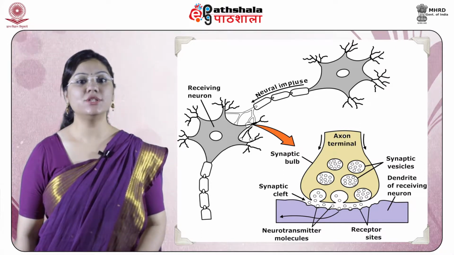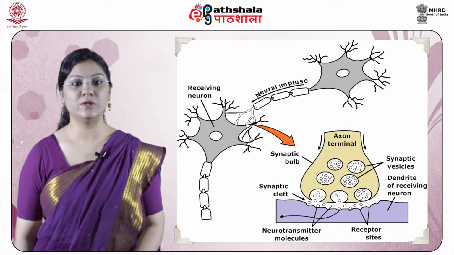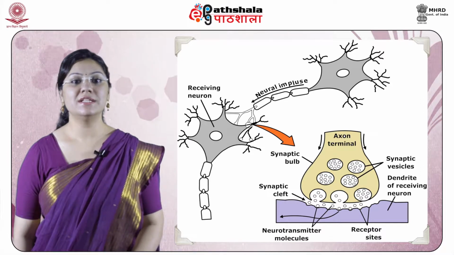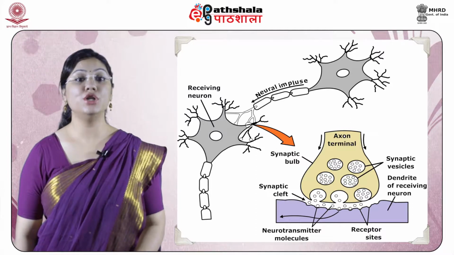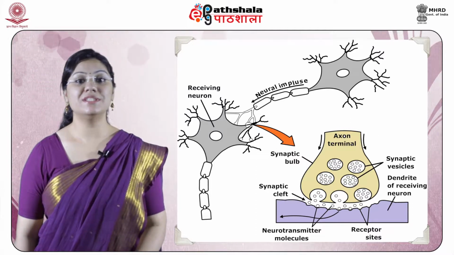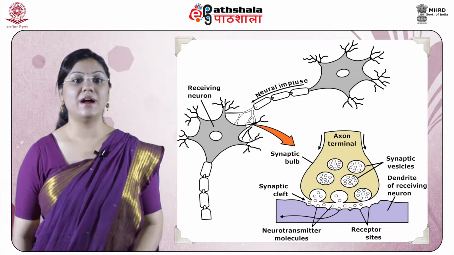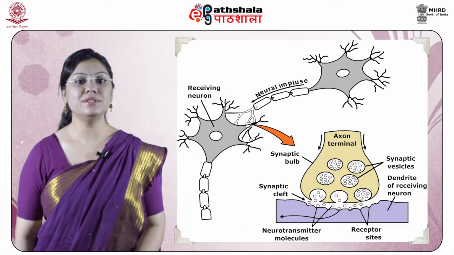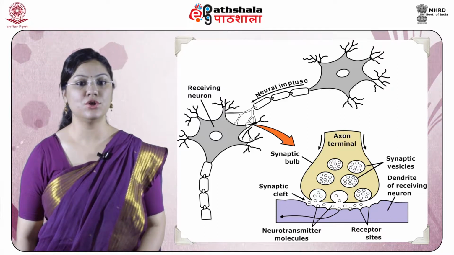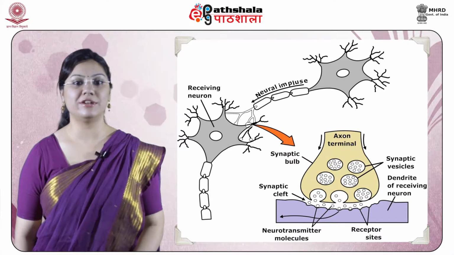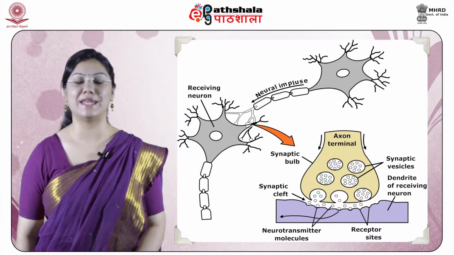When an electrical impulse in the form of an action potential is transmitted down an axon, the terminal buttons release a neurotransmitter into the synaptic cleft. Neurotransmitters are chemicals that produce a depolarization, which refers to excitation, or a hyperpolarization, which means inhibition, in the postsynaptic